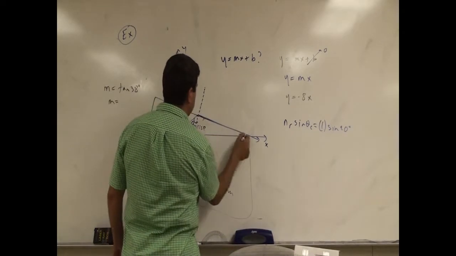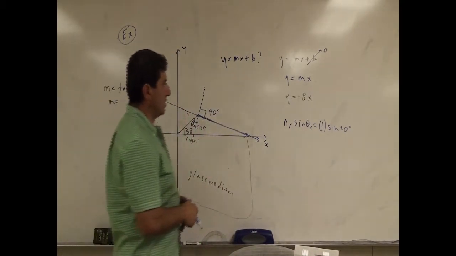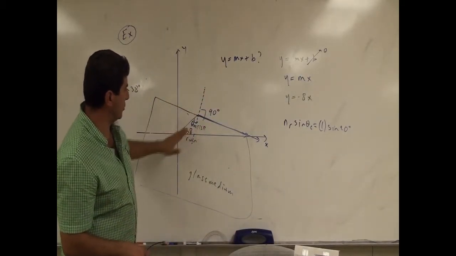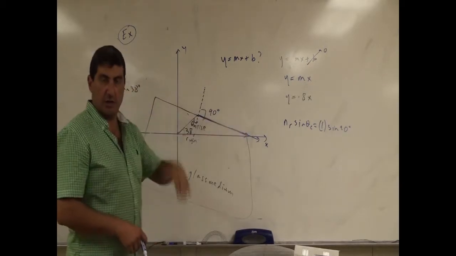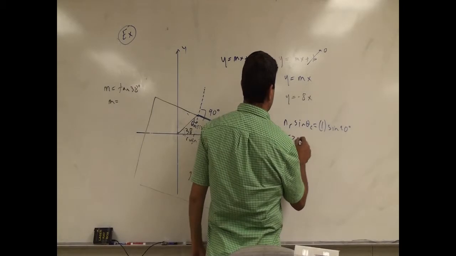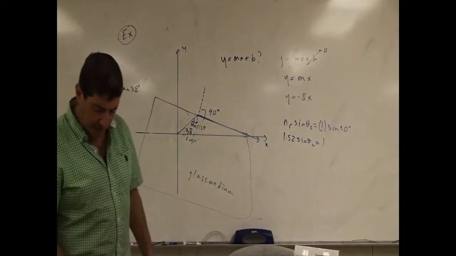So this is going to be sine of 90, right? So then what will that tell us? That will tell us what that angle needs to be, the theta critical, when it comes to the top surface of that glass plate. So then we have here 1.52 sine of theta critical is 1. So we do 1 divided by